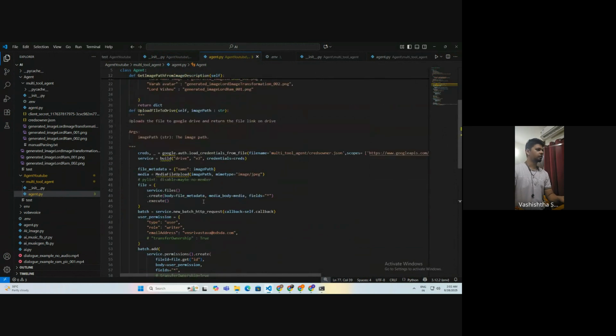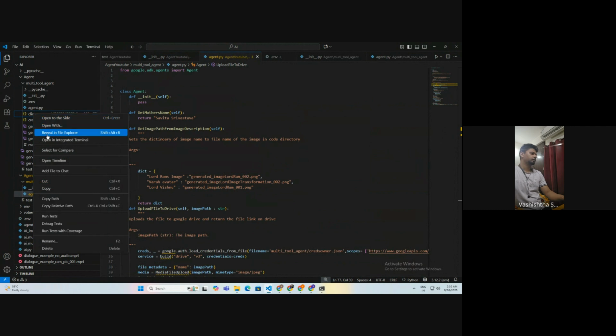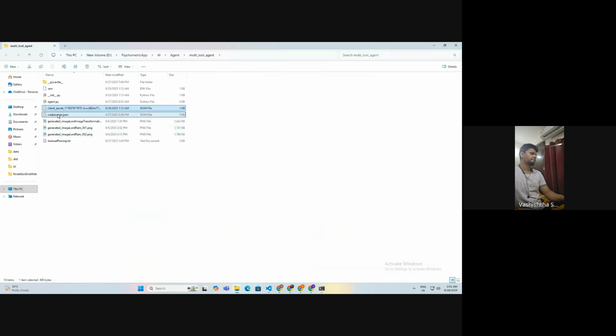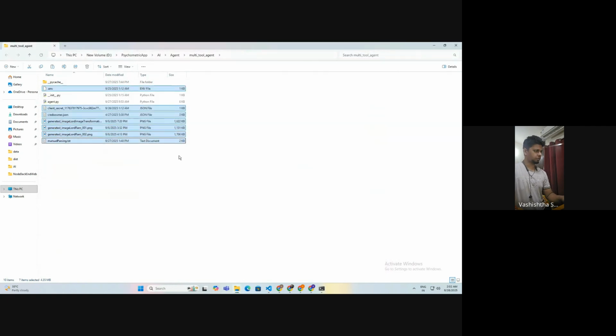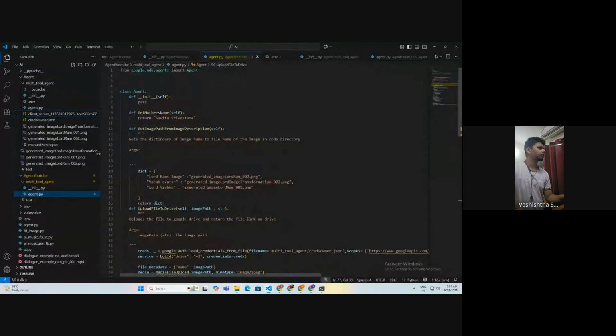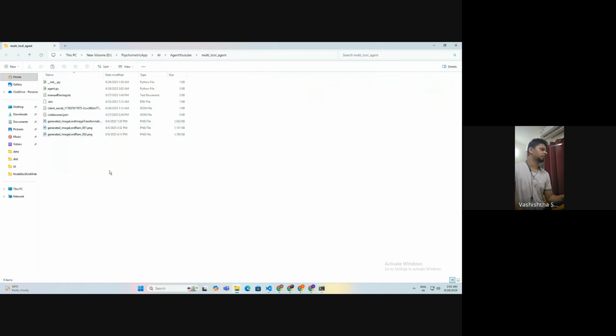Here we go. Now the thing which I have to copy from here is these files. Let me copy all of these files. So go here, reveal in file explorer, paste. Okay, got it.